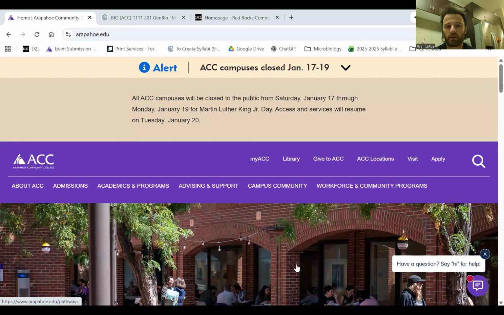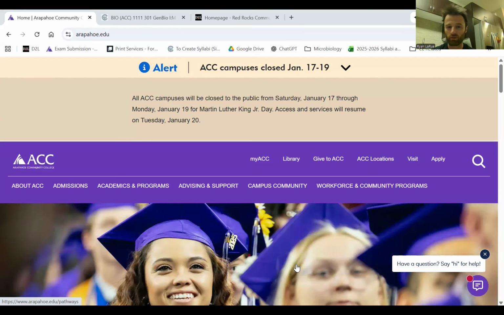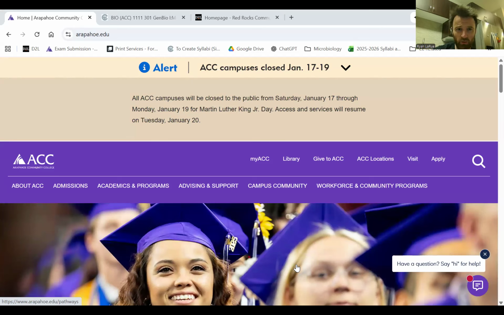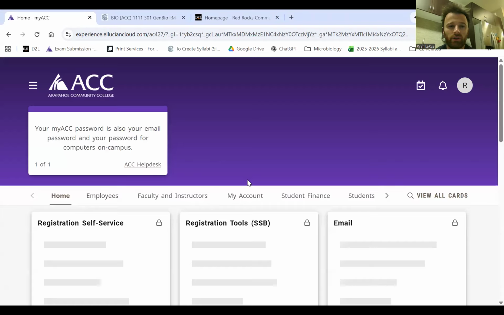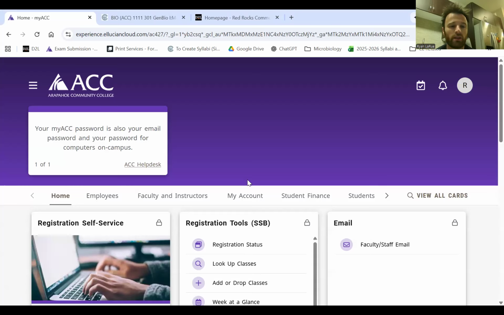I'm pretty sure you've seen it before because you got to register for the class here. So what you're going to want to do is click My ACC here at the top. And when you do that, it's going to ask for your S number and your password. So you'll log in. I'm already logged in, so it took me to the main page here.